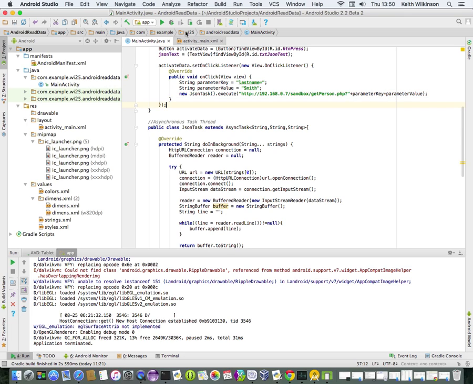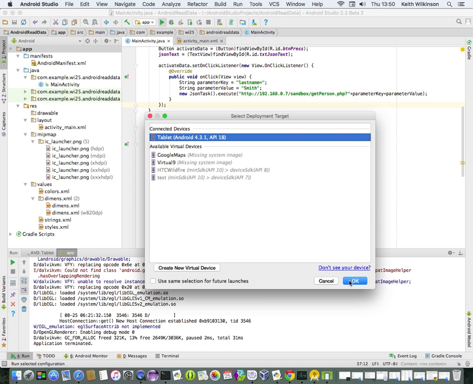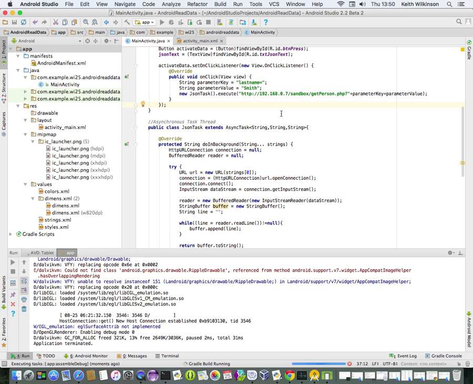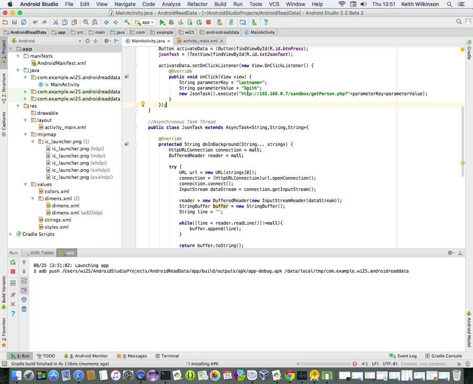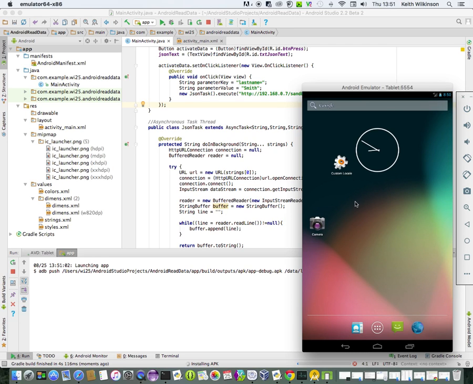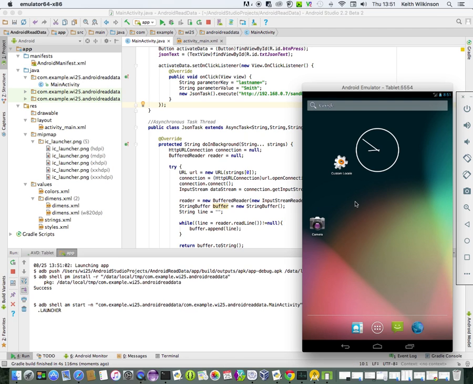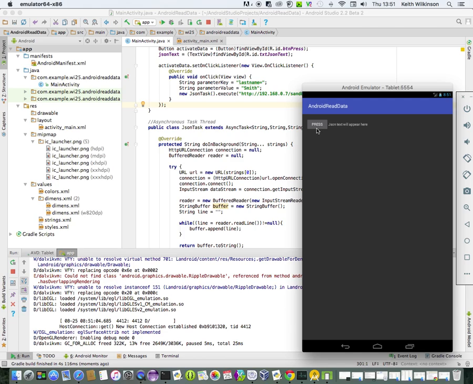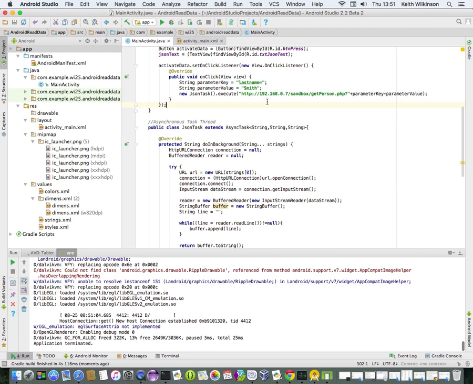So if I now run that program, we should again get the details of Jane Smith, I think it was, coming through. So just waiting for it to launch. And there we go. So if I press it, there we go, we've got Jane Smith, it works. So we're going to continue with this GET